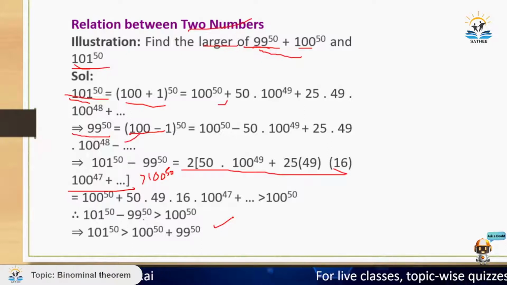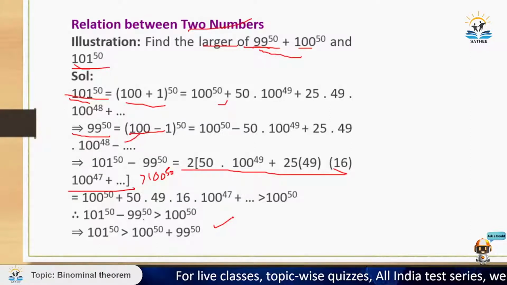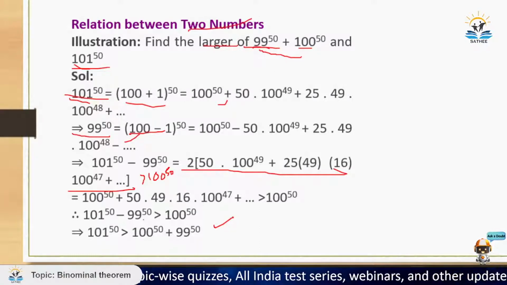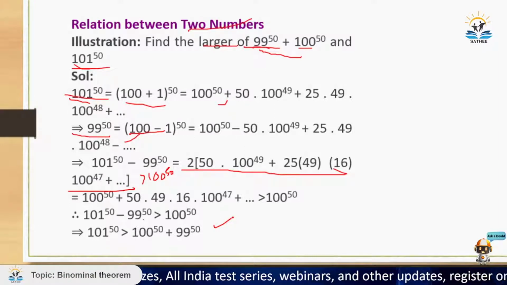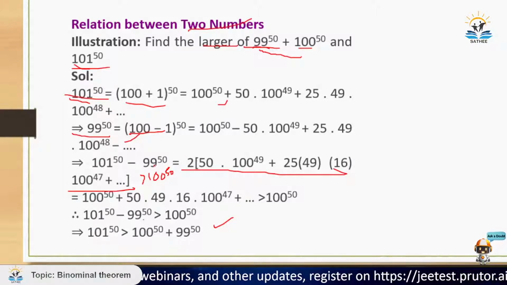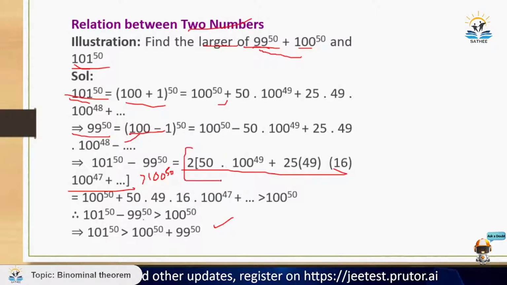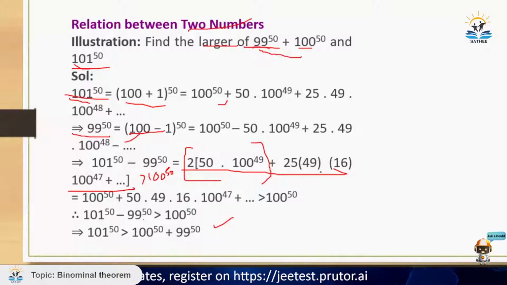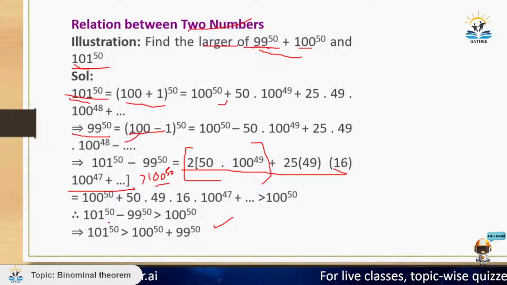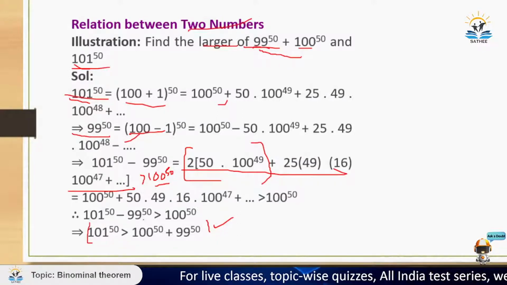सो इसमें अब आपको समझ में आना चाहिए क्या करना है। पहले वाले रिमाइंडर में मेरे को उसको कन्वर्ट करना है इन मल्टीपल्स ऑफ डिवाइजर। For calculating digits, I need to convert it into the multiples of tens, and for calculating relation between two numbers, मेरे को इसमें तीन नंबर दिए रहेंगे, जिसमें जो दो नंबर्स होंगे वो तीसरे नंबर के आसपास वाले नंबर्स होंगे। जैसे कि यहाँ पे 100 है, तो 99 is nothing but 100 minus 1 and 101 is nothing but 100 plus 1। सो मैं वहां से स्टार्ट करूंगा, then I will subtract the smaller from the bigger। from there जो फर्स्ट टर्म आ रहा है वही मुझे दिख रहा है कि जो फर्स्ट टर्म है यही थिंग 100 पावर 50 है। सो बाकी टर्म्स इससे बड़े ही हैं क्योंकि सब प्लस वन है, तो बेसिकली 101 पावर 50 माइनस 99 पावर 50 is greater than 100 power 50। तो फिर मैं यहाँ पे 99 पावर 50 को दूसरी तरफ ले जाऊंगा, so I will get 101 power 50 is greater than 100 power 50 plus 99 power 50। कूल।